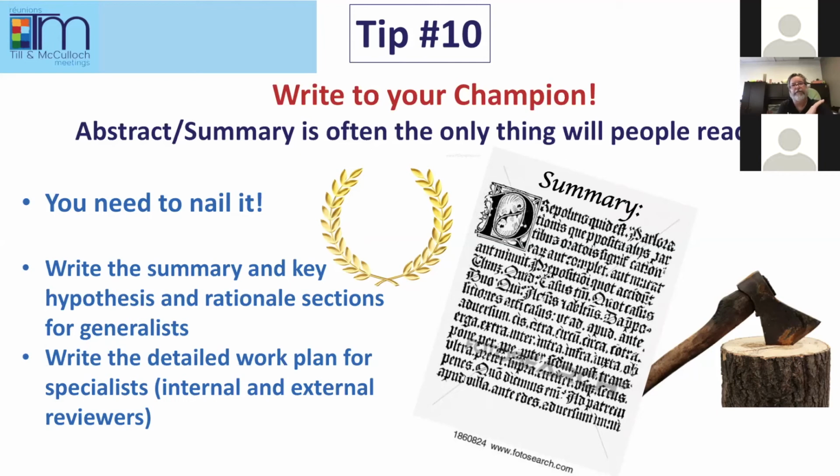And once you've done all those previous 9 tips, you need to go back and ask this: am I writing this to my champion? And by that, I mean, let's say it's a grant review, you may have 20 people on the panel, all 20 people vote. Only 2 people have read your whole paper. Only maybe 4 people have read your abstract. So they're the only ones with an informed mind or informed statement. And if you haven't been clear, they can't do that job.